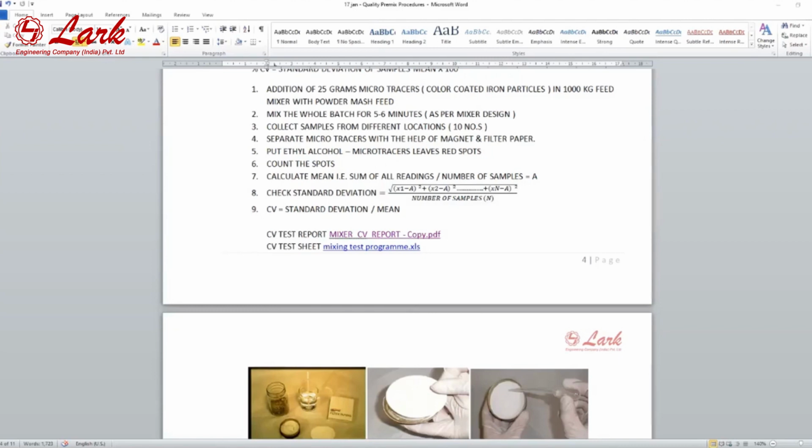We collect all these samples, we count these 9 readings, and we get the standard deviation of 2.96 and coefficient of variation 6.9. We can also have a ready formula like this Excel sheet. We can add all the readings in this Excel sheet, and automatically with the help of the formulas we get the coefficient of variation. So this is a very simple method to check the coefficient of variation at our own feed